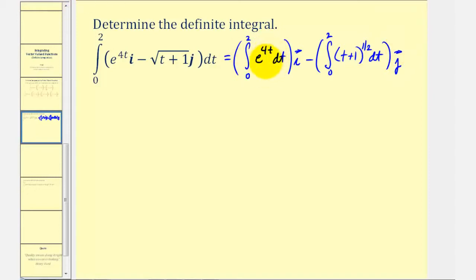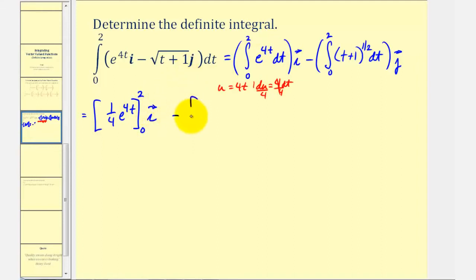Looking at this first integral, notice how we'll have to use u substitution, where u is equal to 4t, and differential u is equal to 4 dt. So if we divide both sides by 4, if we write this as e to the u, we'll have an extra factor of 1/4, which means the antiderivative is 1/4 e to the 4t. But remember, this is definite integration, so we have our limits of integration from 0 to 2 times i, and